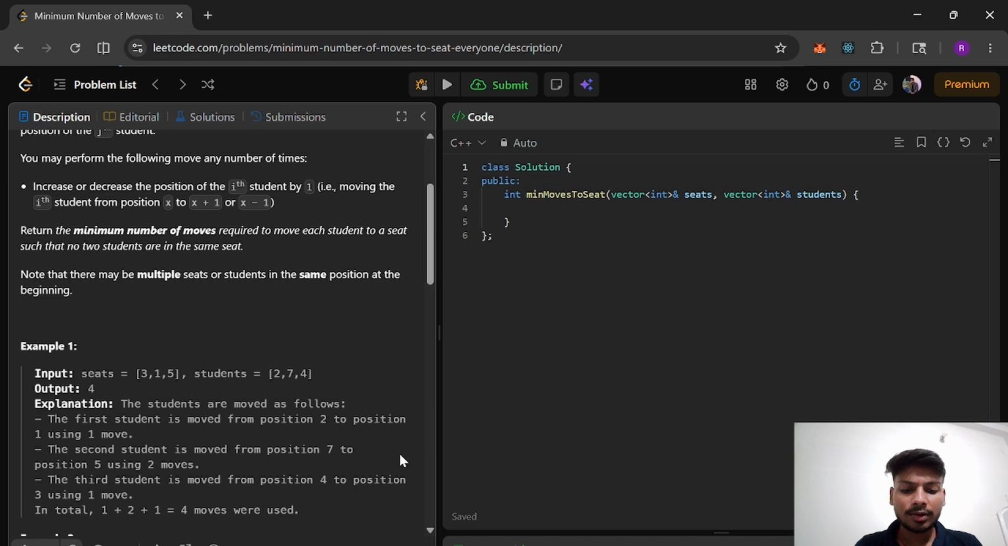So we have to subtract or add a number so that the values in the student array would be the same as the seats array, as we can see here. And at last we have to return the total number of moves that we have done in the array, as you can see in example number 1,